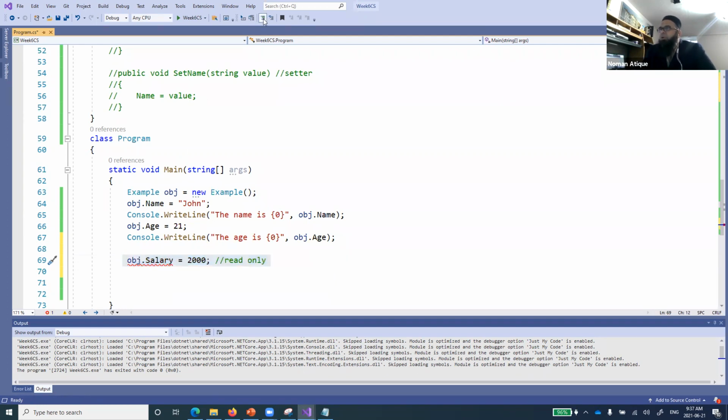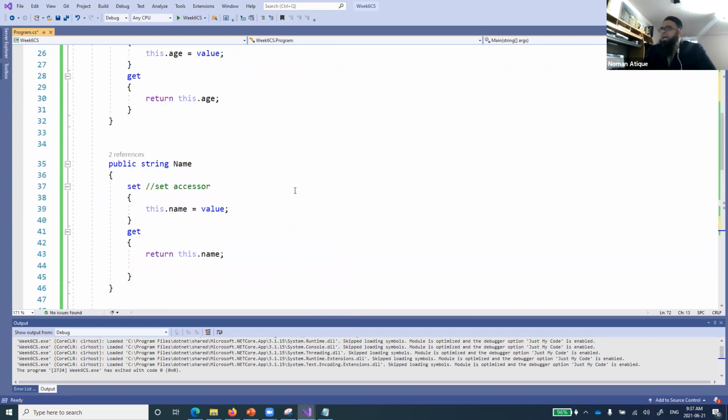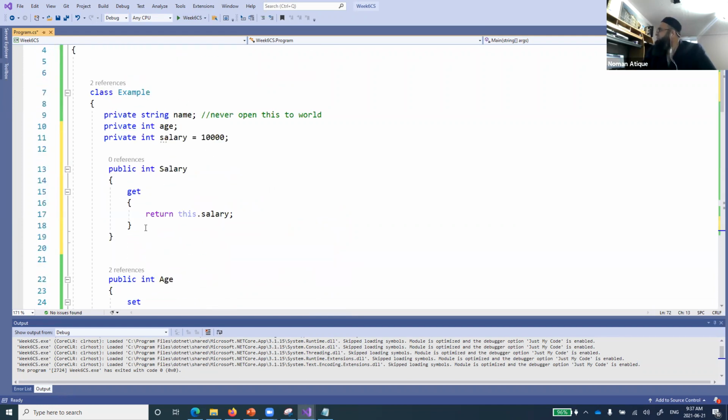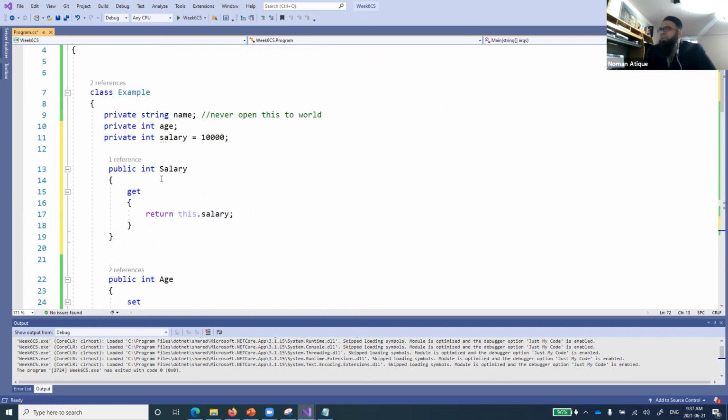So it means that I cannot do that. Rather, if I just want to access this salary, I can access this salary over here. If I do something like that, I can just access the salary. Why? Because I have defined it as a read only one, but I can read that. Why? Because I have defined just the getter inside that. Only get is there. It is only read only. So what is this age property? Is it read only or read write both? Do you see? It is read write both. Is that right? You might have a property where you want just to set that, and you don't want to get anything back from that salary, for example.